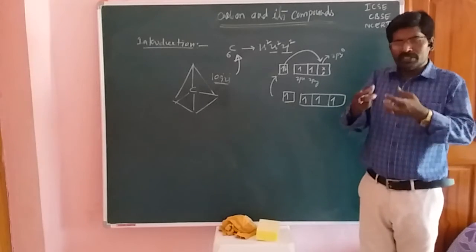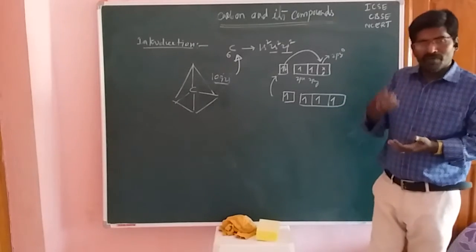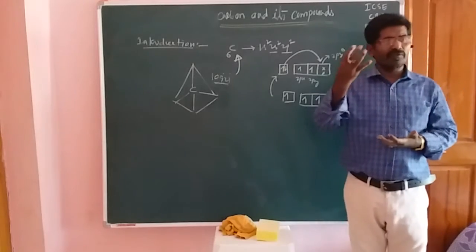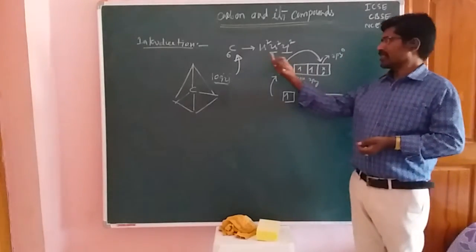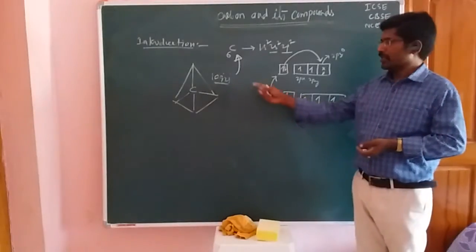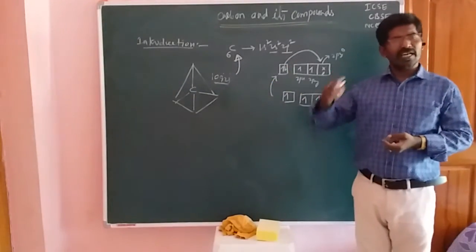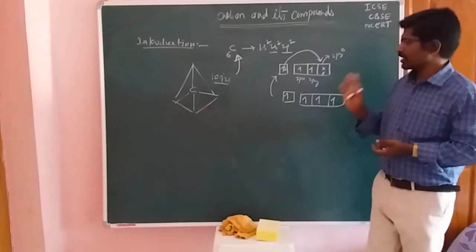Okay, it means it possesses the lone pair of electrons. But when we supply some amount of energy, it is able to form four bonds. Students, that is the covalent bond formation. Now, the four bonds around the carbon are of the same kind or different types of bonds. So this is the concept.